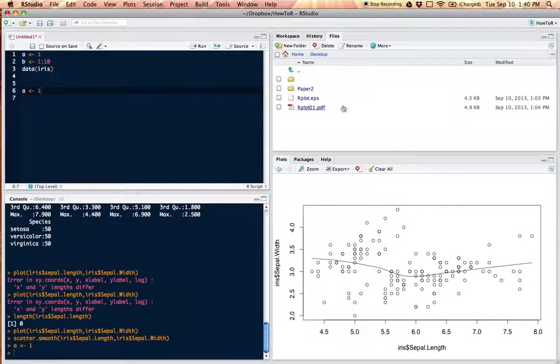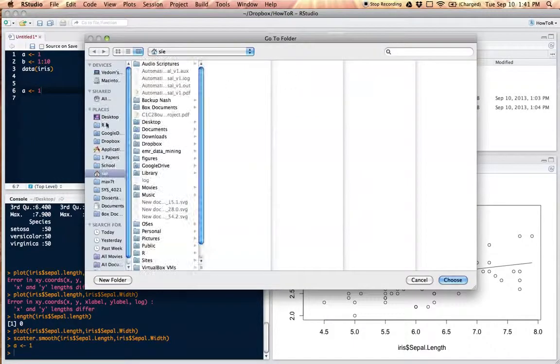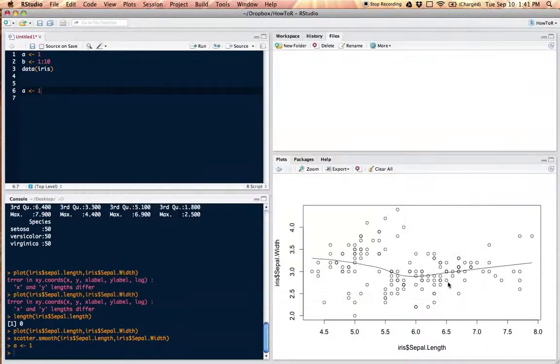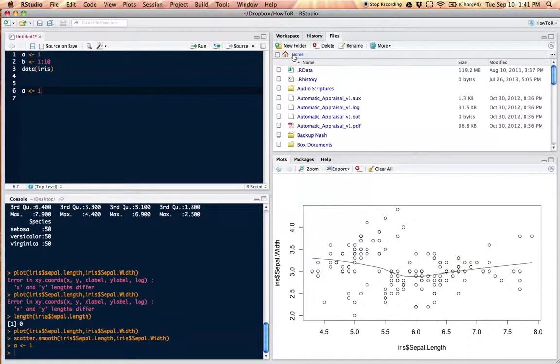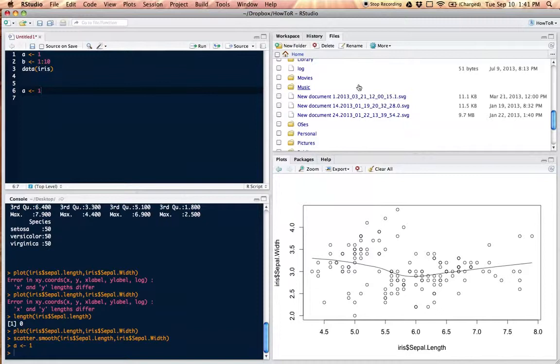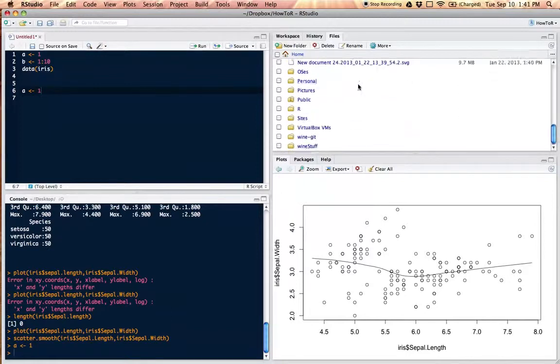I've moved it up here, and that's something you can do in the options. But it shows you where you are, which is important, and also lets you change the working directory. So if you navigate somewhere, clicking on these ellipses is one way to navigate, and you want to go, say, to the desktop. It happened to be that I was already at the desktop, but you can say go home, and let's say I want to go to